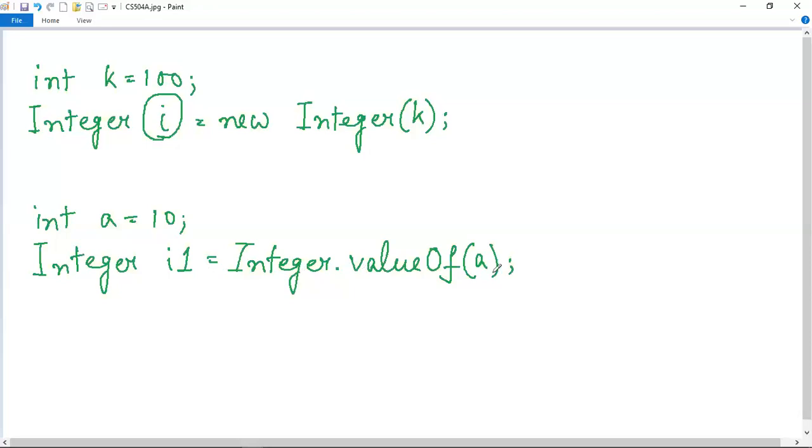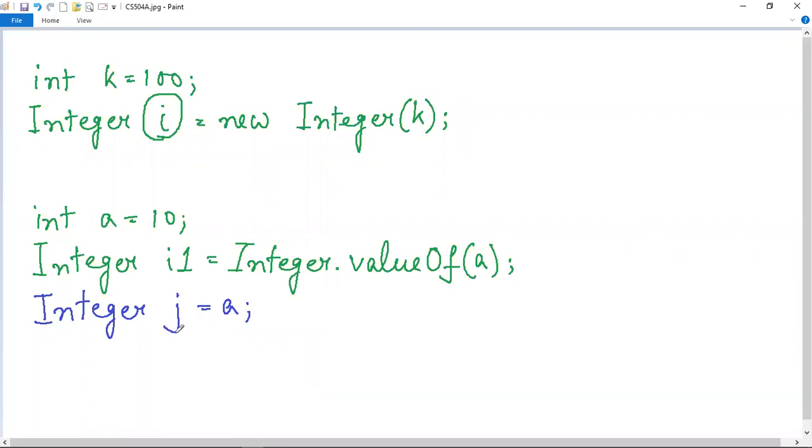This statement is not required after Java version 1.5. This statement can be automatically done, sorry, not by the JVM, but by the compiler.